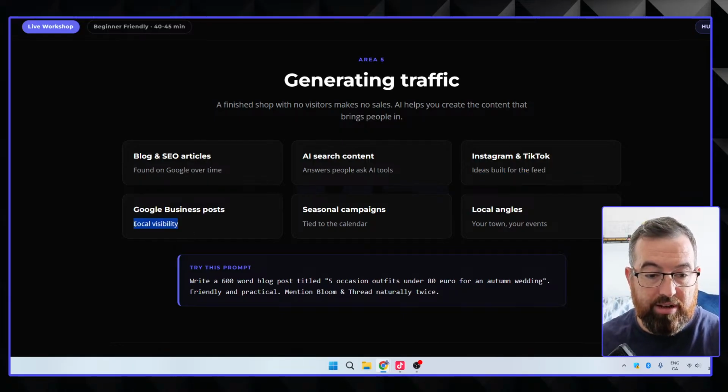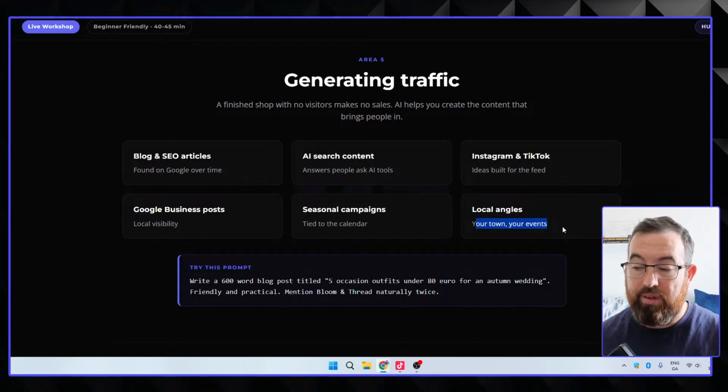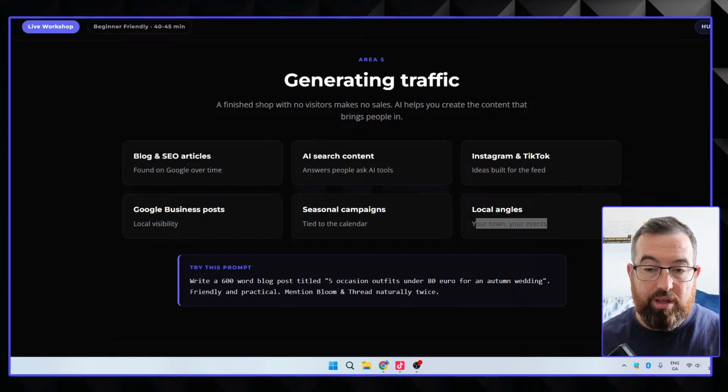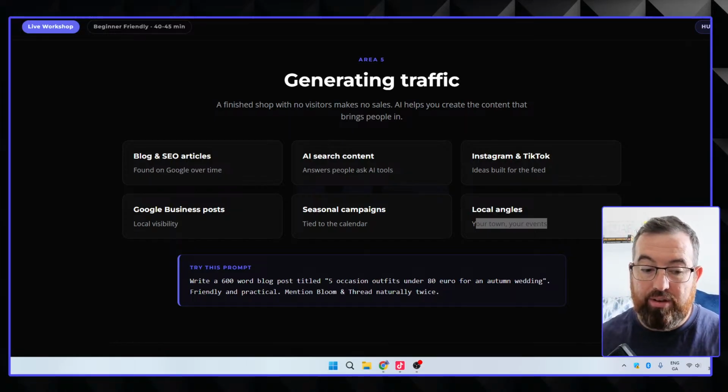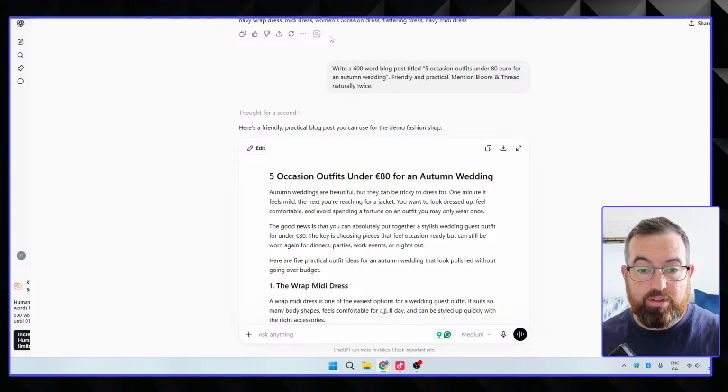Google Business Posts: again, local visibility, tied to a calendar for seasonal campaigns, and again, we have local angles. So if you have an event in town, you write up about it and showcase it. Once you do this, you're going to come up in local searches. If someone is searching for clothing locally, chances are you're going to come up because most of the competition are not going to be doing it. You're already ahead in your local area, and once you conquer that, you'll very quickly start to branch out and do more sales online and things like that. And if we just go back over here,